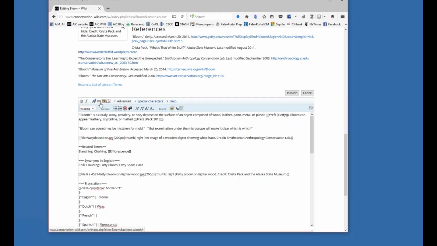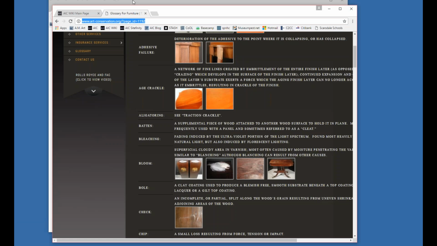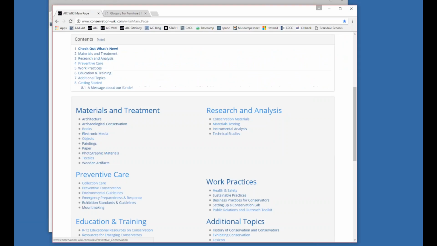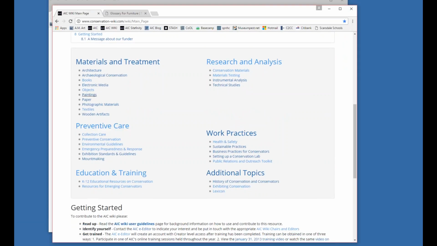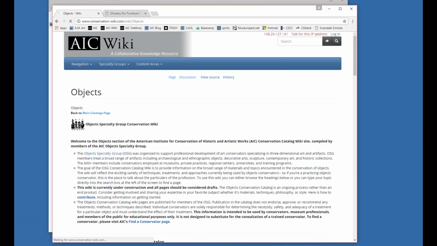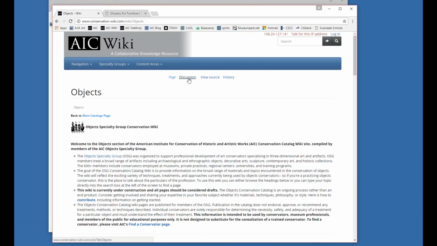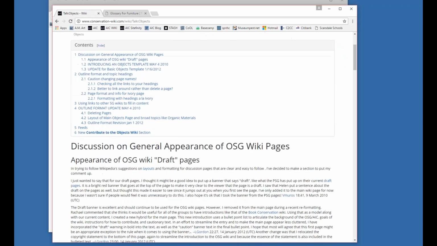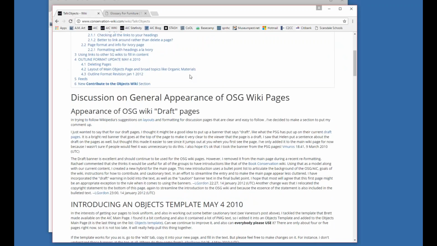So the signature and timestamp is something you probably won't use on a content page as much as on the talk or discussion pages. So let's go in and I'm going to show you a good example of a talk page, which was the object's main page. It has a really nice discussion about how they got started and how they structured their initial